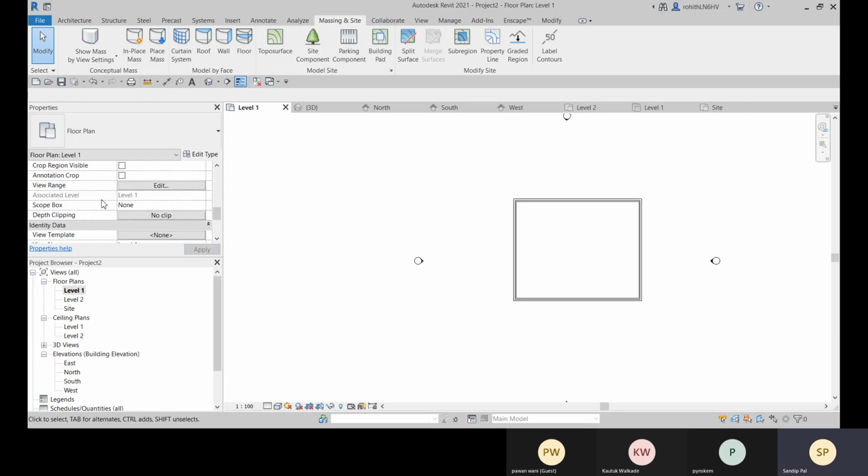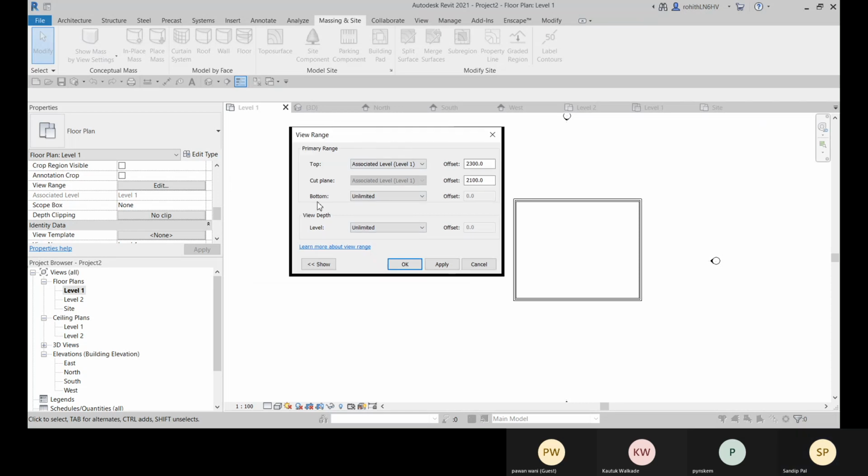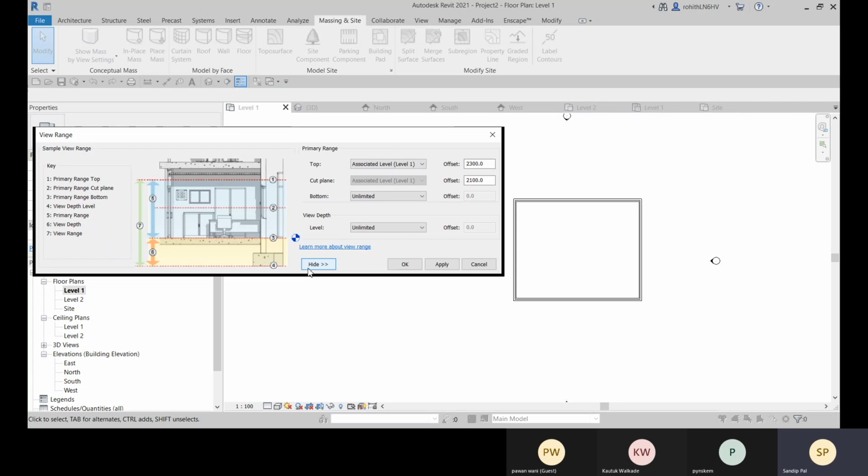It is not needed in the view range. Let me show you that these are the view range. All these planes are the view range. With this, you define how much will be included within this plan. This number 2 is the cut plane, and 3 is the bottom. So we generally see from 2 to 3, the cut plane to the bottom.